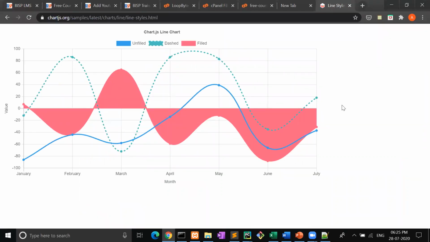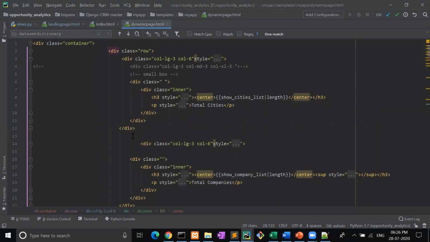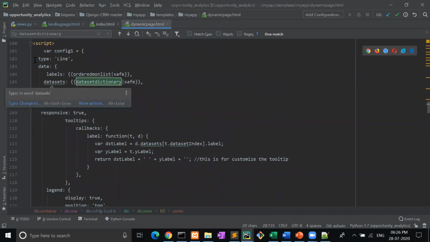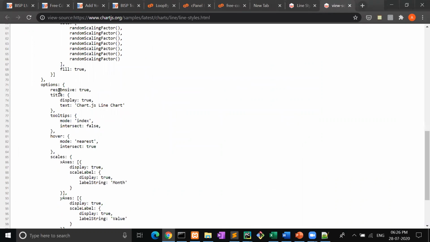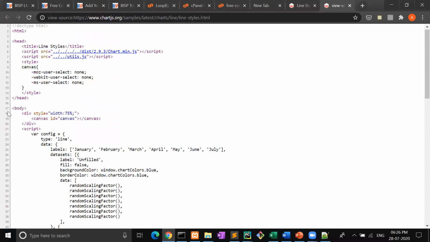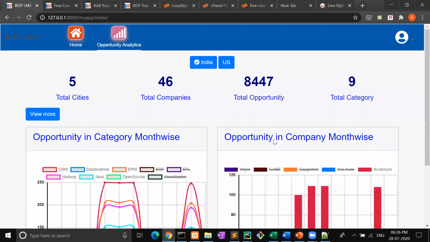If you press Control U, you will get the complete data. Whatever I have written here, the same data you will get here. See, I have copied that. Variable config1, type line, data, dataset, options, legend. Here also you will see data, dataset, options, legend, and you can copy everything from here and just pass the data. So this was all about this data.